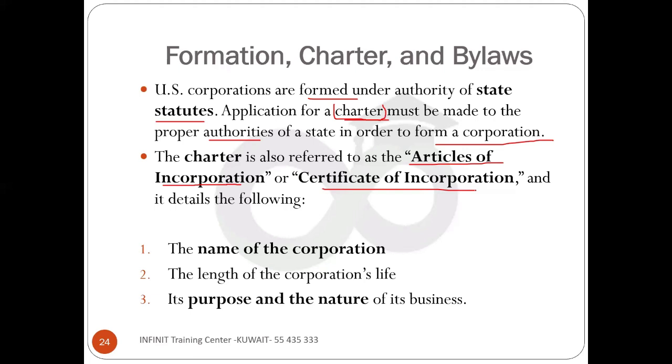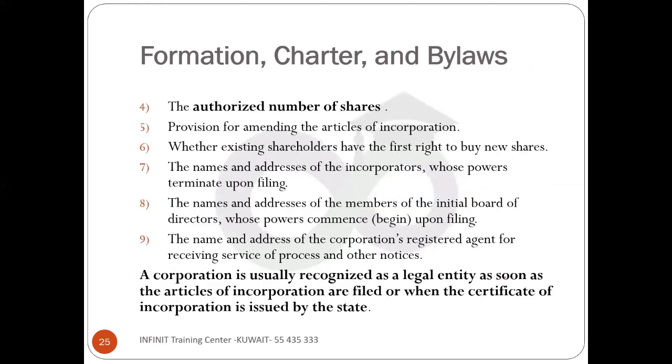So you are actually, as a company, applying for a charter, and it is also called Articles of Incorporation or Certificate of Incorporation. And this charter will include what? The charter will include the name of the corporation, the length of the corporation's life, how long it is going to be, what the purpose of this organization is, and what the nature of business is,